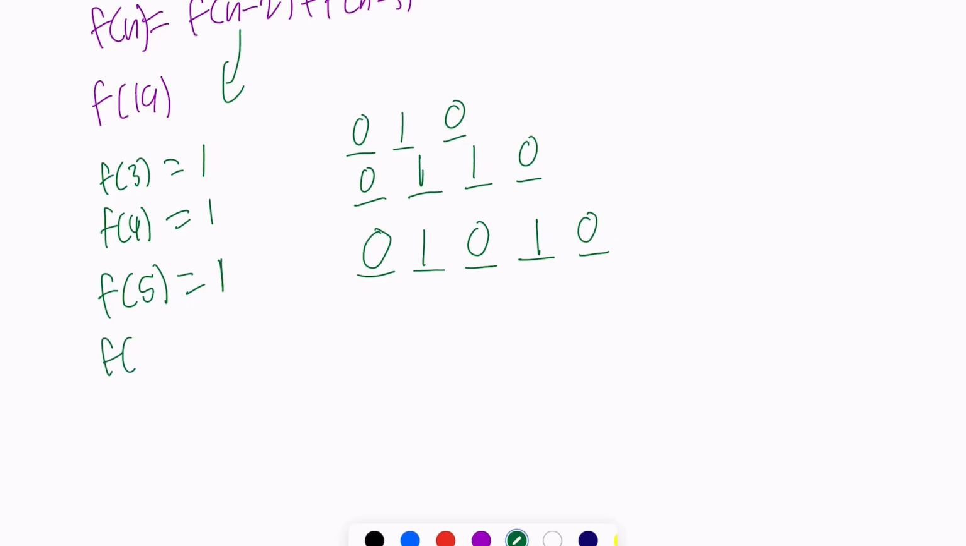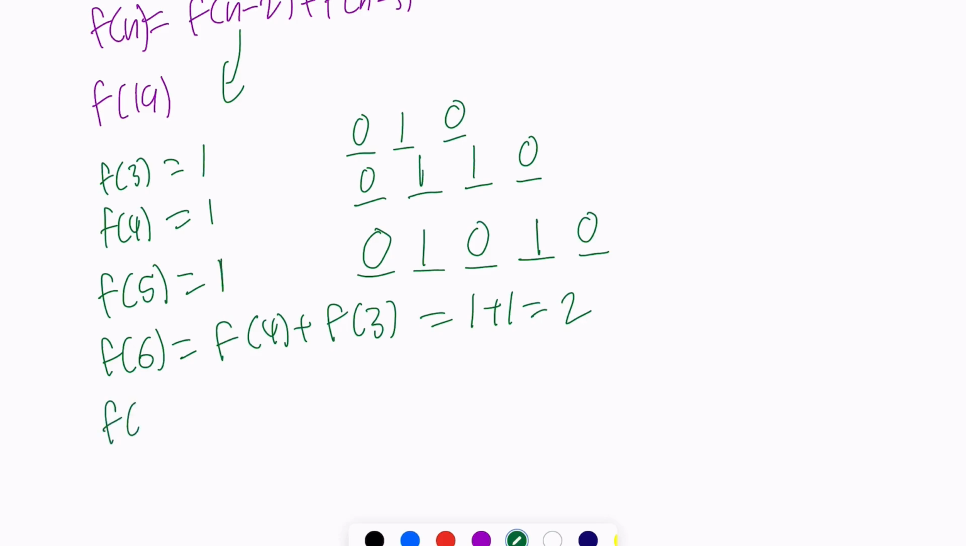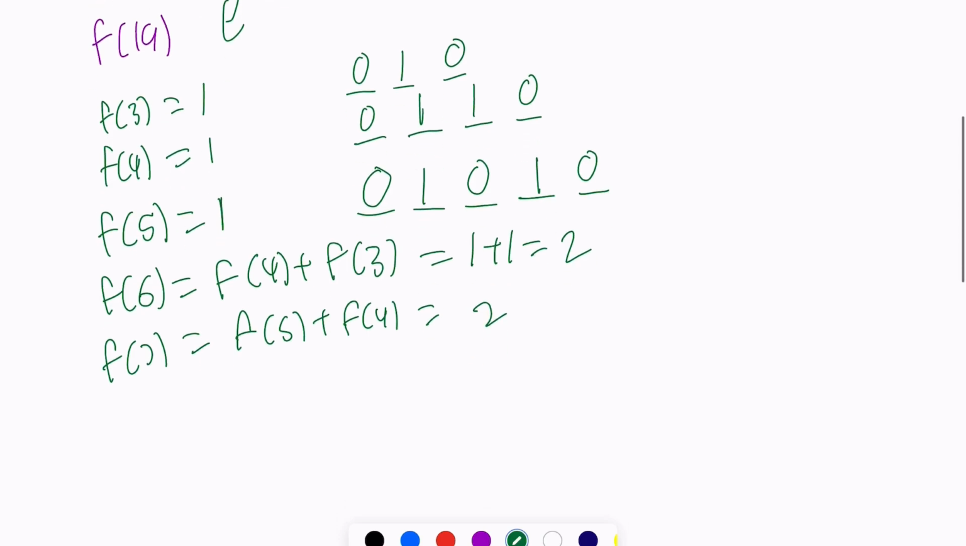Now, f of 6 is equal to f of 6 minus 2, which is f of 4, plus f of 6 minus 3, which is f of 3. And this is equal to 1 plus 1, which is 2. And now we just continue doing the rest. So f of 7 will be f of 5 plus f of 4, which is equal to 2. And then we can just continue doing that. So f of 8 will be 3, f of 9 will be 4, f of 10 will be 5,